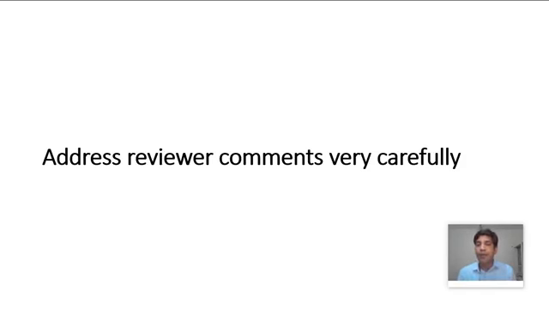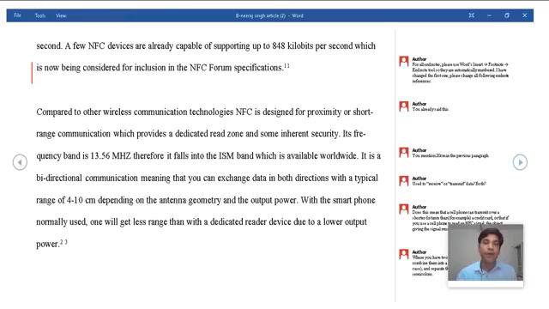The second is listing the author's responses and illustrating how they have addressed the comments or the reply to the reviewer. Let me show you the example of one of my recent papers. So here on this page, you can see there are 7 to 8 points or objections the reviewer had made.